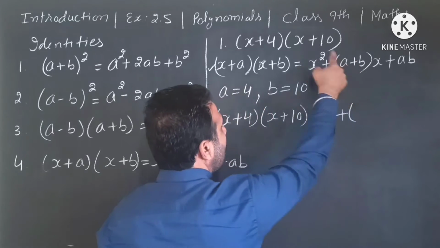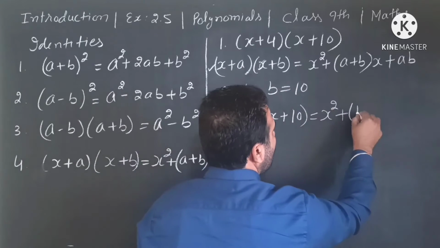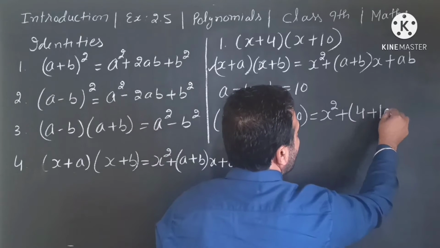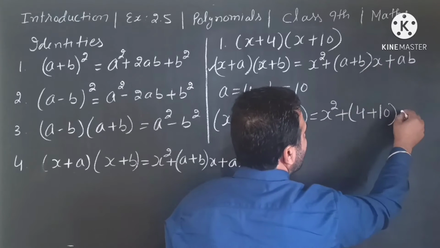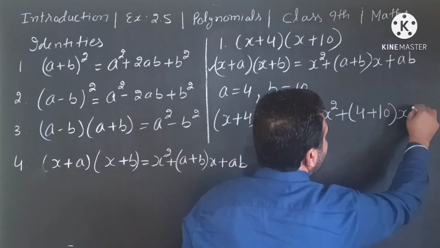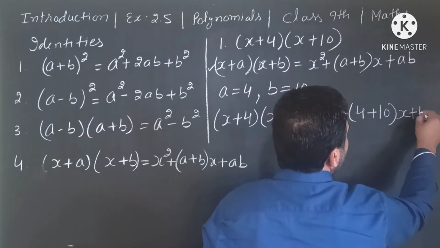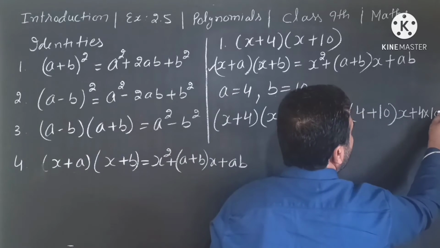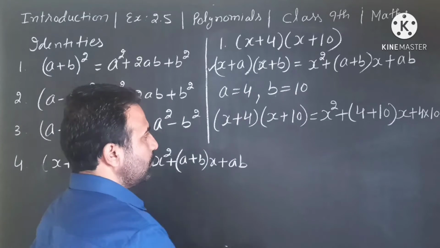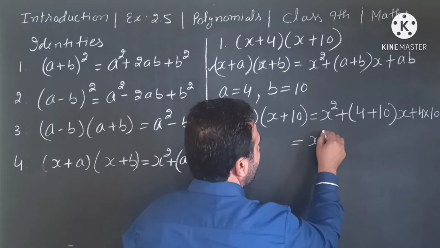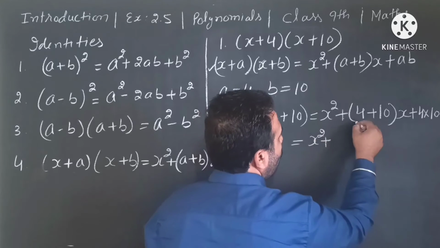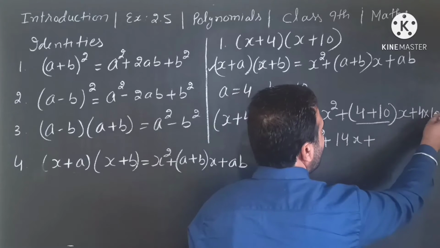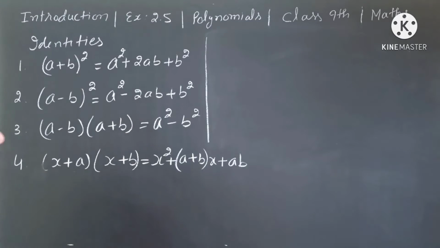Okay, no problem. Then a equal to 4 plus, as it is, b equal to 10, bracket close, x, then x I will write, plus, as it is, a is 4 multiplied by b, the value of b is 10. Okay, now we will solve this equation. x square plus 4 plus 10, that is 14x, okay, plus 4 multiply 10, 14. Second example is